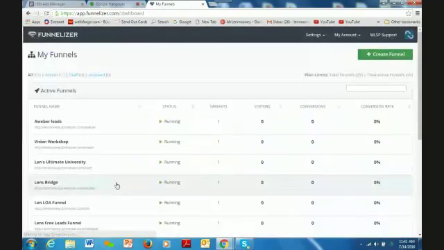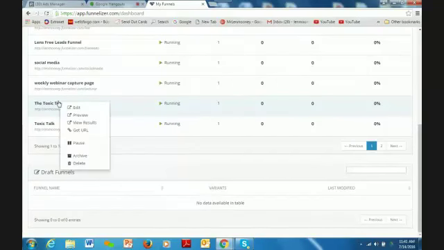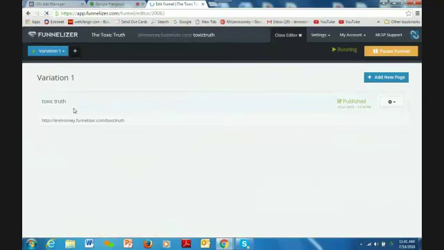So I'll give you just one example. Just pick a funnel, any funnel. This is a funnel that I've been using, and the one you've seen most often recently is probably either Toxic Talks or the Toxic Truth. There's my Toxic Talk funnel, which is running people to the two videos. So we edit the funnel,